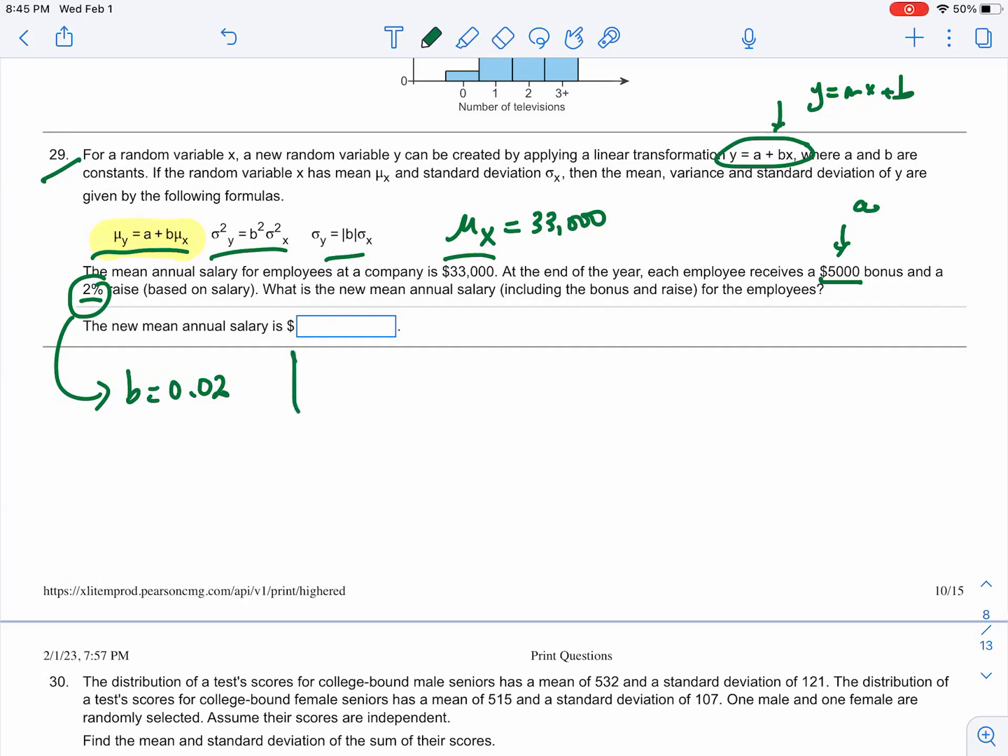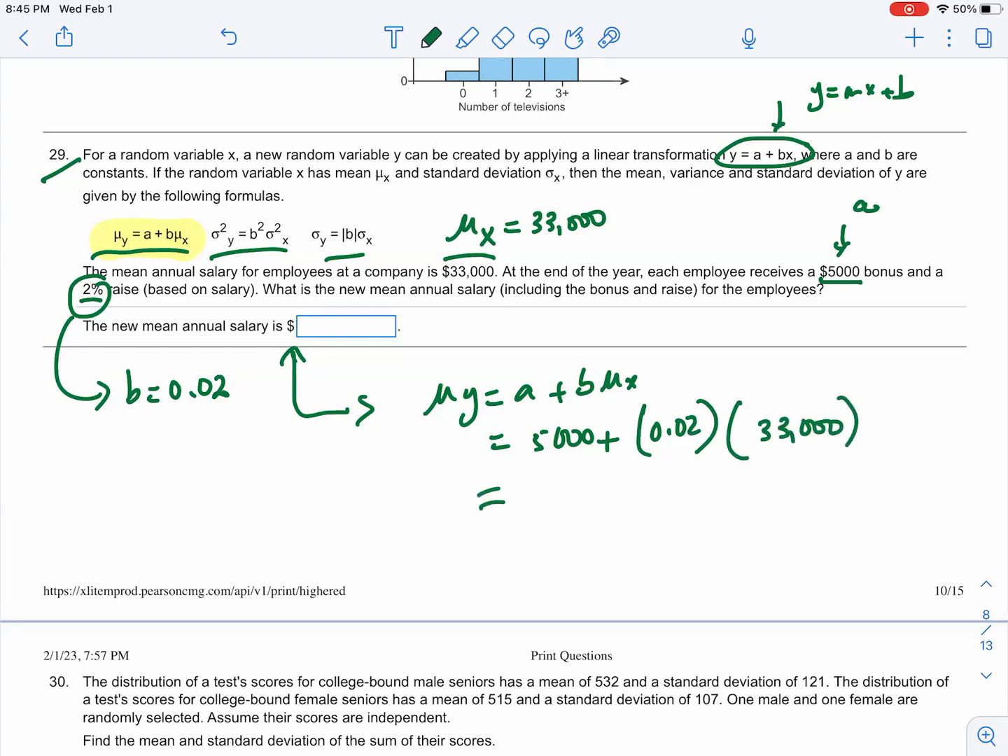0.02. So the new mean salary here, I'm going to use mu Y equal to A plus B mu X. A is 5,000, B is 0.02, mu of X is 33,000. I'm going to plug that in the calculator really quickly. 0.02 times 33,000 plus 5,000. That gives me